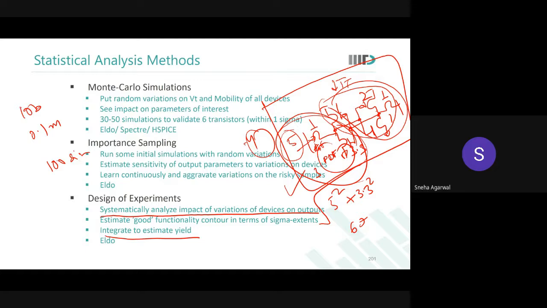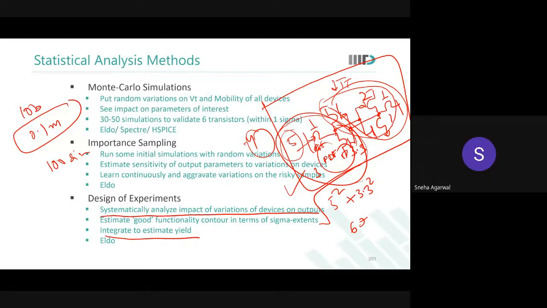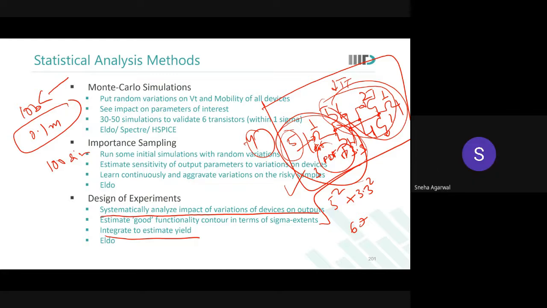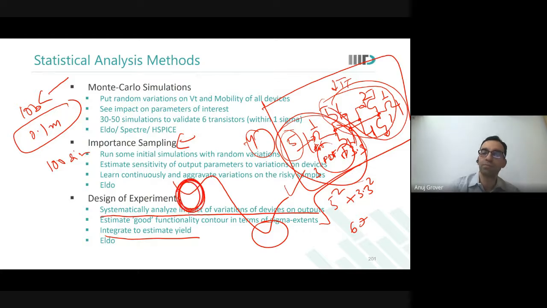Okay. Therefore, you still needed 1 lakh simulations because you needed to train. Over here, you are doing everything. You're not depending on machine learning. This was brute force. Got it, sir. The limitation of importance sampling is, like any other machine learning algorithm, it can end up in a local minima and not really go to the real minima. It can gravitate here. This is the limitation of any machine learning algorithm. Therefore, people also want to do design of experiments.